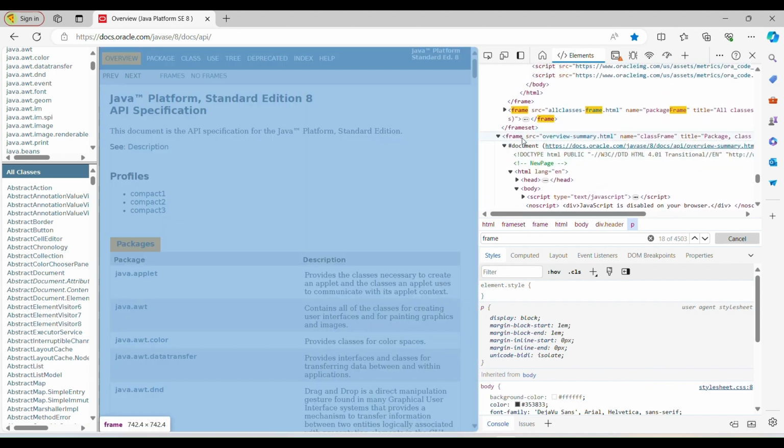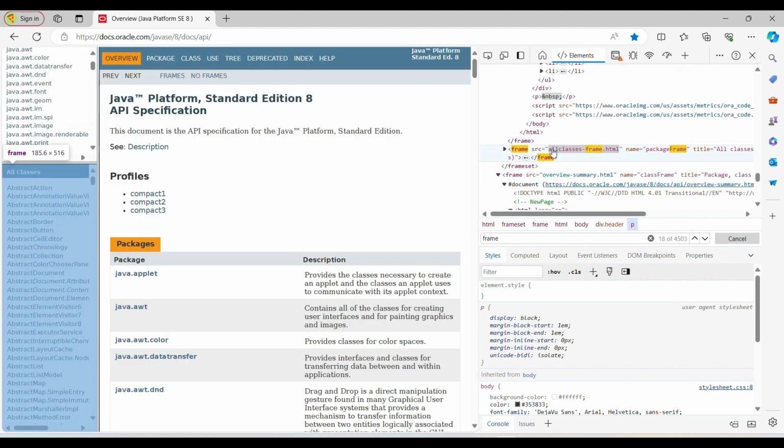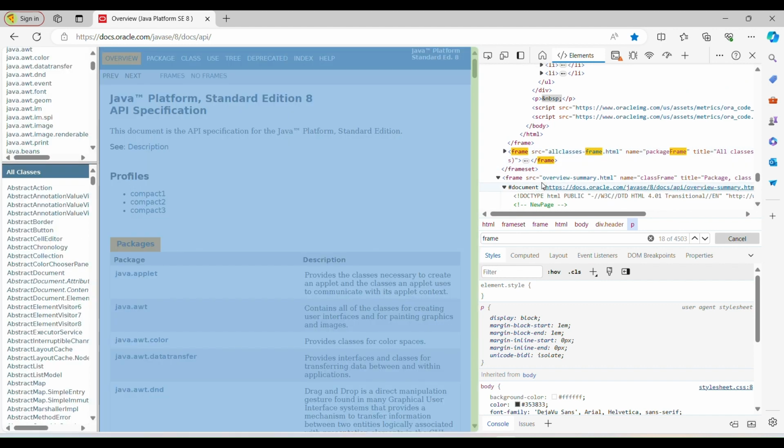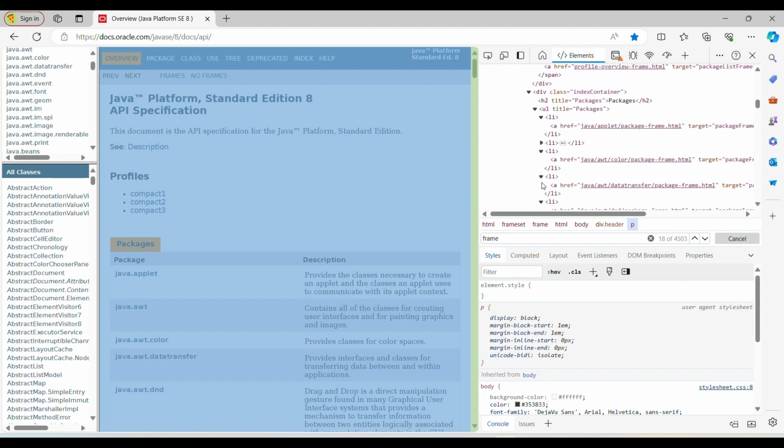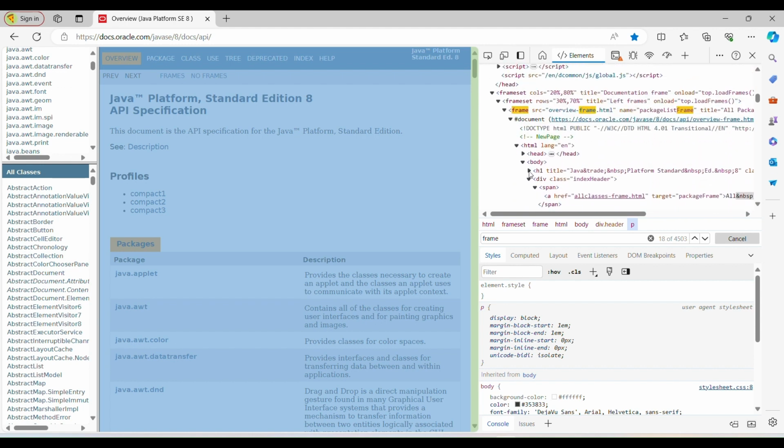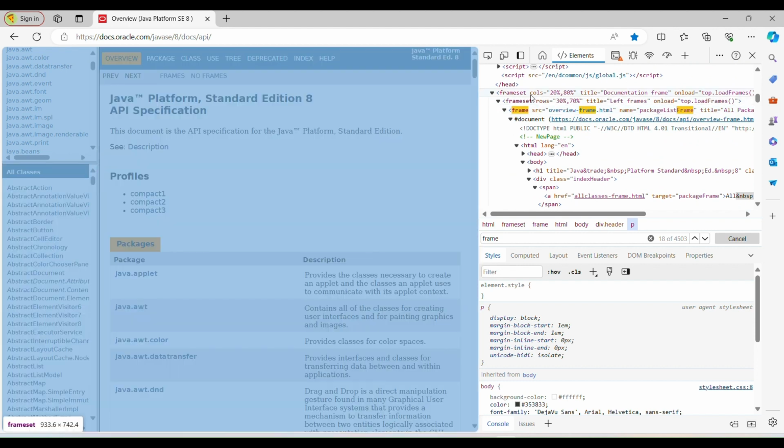This is one frame. After that we have another frame. So the first frame is this, the second frame is this. After that we have another frame also, the third frame, right?